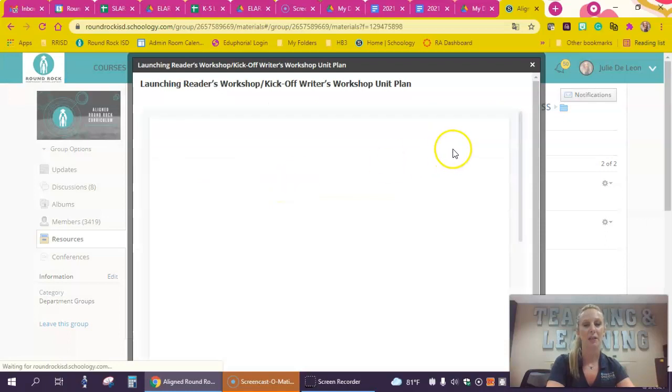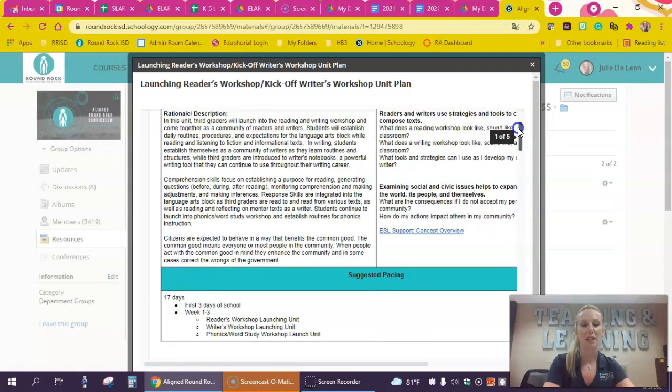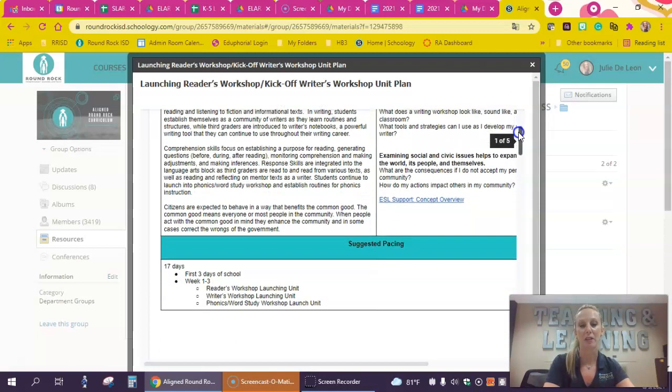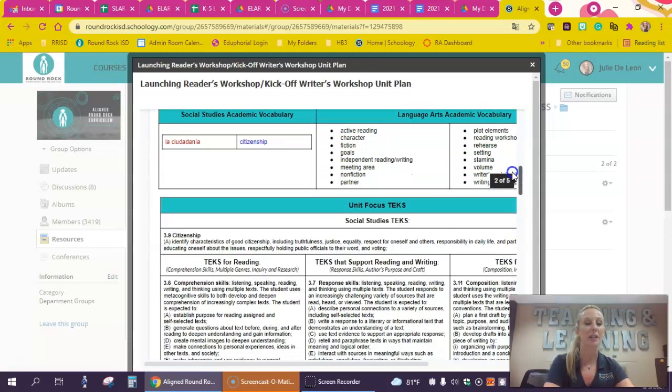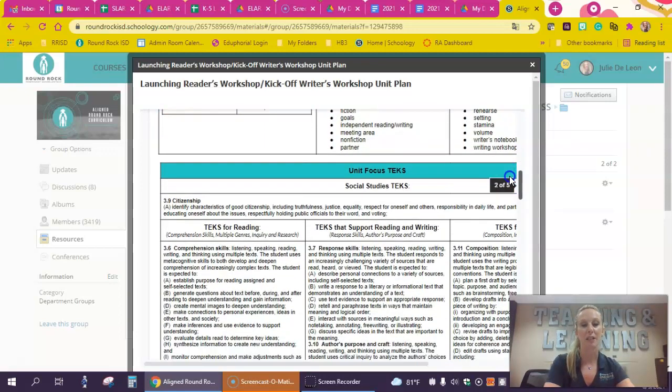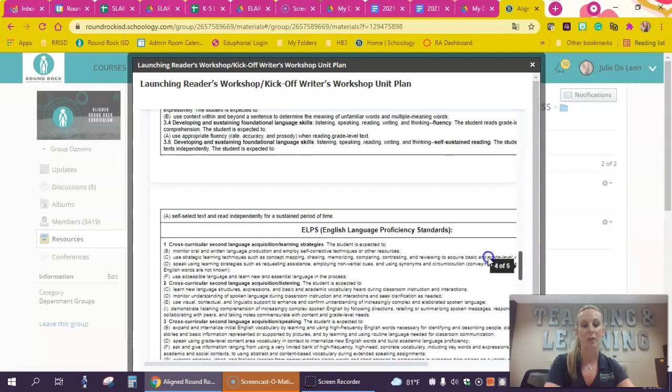Okay, so now this is going to go to the actual unit plan. In the unit plan lives the learning plan. So the unit plan is really bundling and holding the unit at a big picture. We're going to have the unit rationale, big ideas and central questions. We're going to go down and have some pacing information. And if you scroll through, you're going to see vocabulary. These are where all the TEKs are written out very explicitly for you, as well as the ELPs, which are important for building